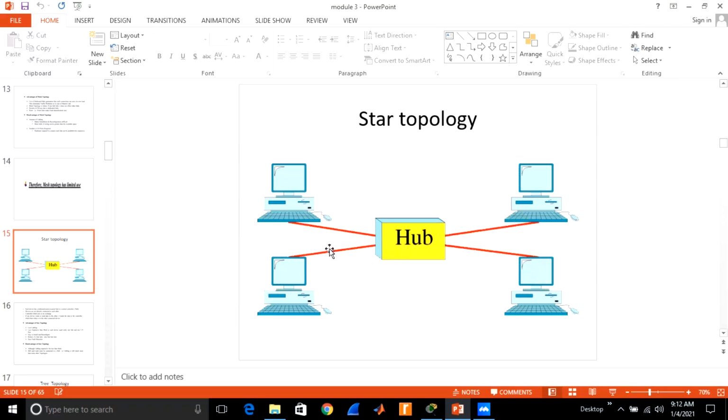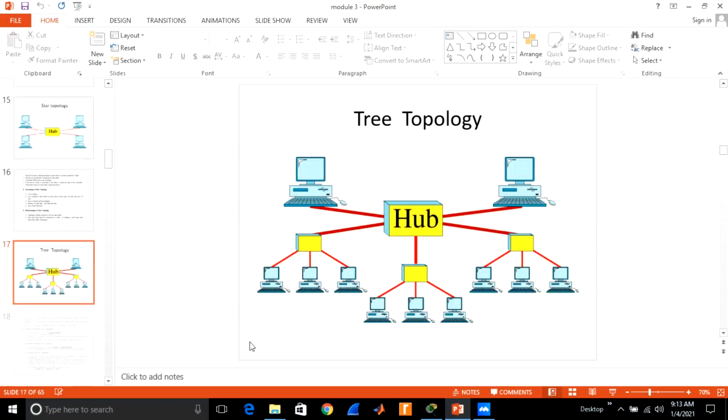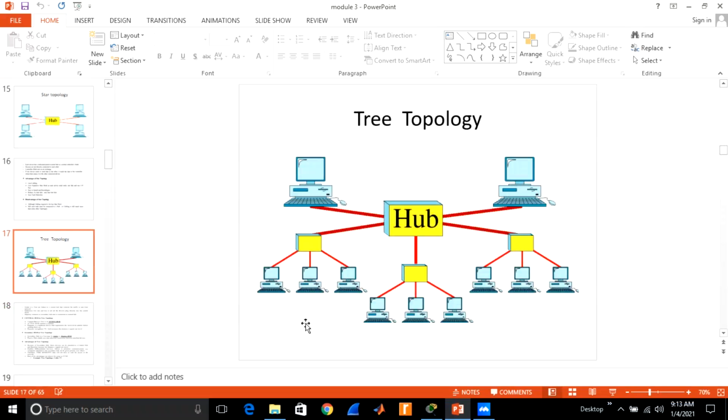when this link is destroyed, the others will still communicate, and only this device will not communicate in the system. And there is no need for a large number of switches and cabling. Only one switch is needed, and the devices connect through it. For example, sharing of a printer in a lab.